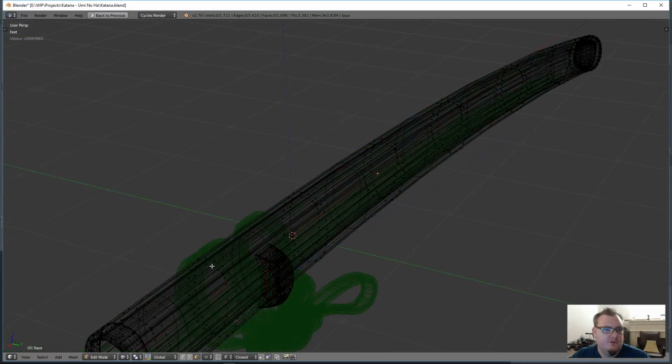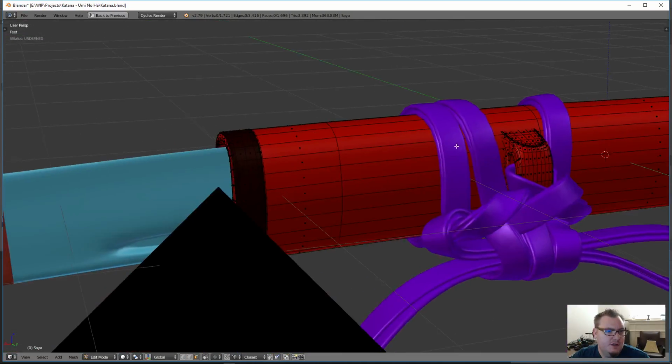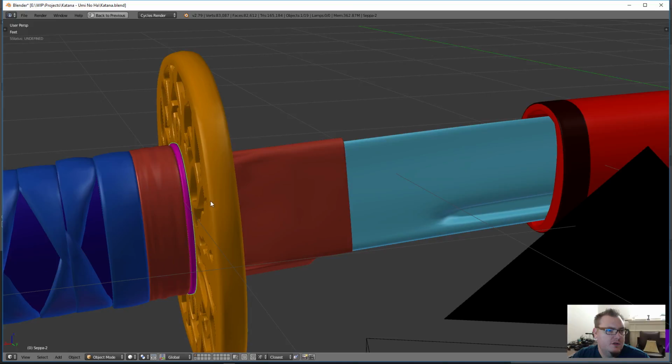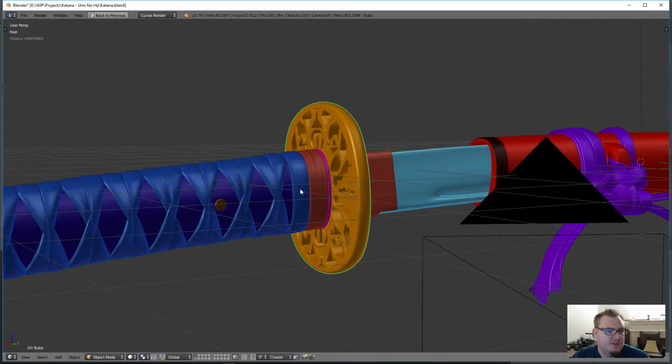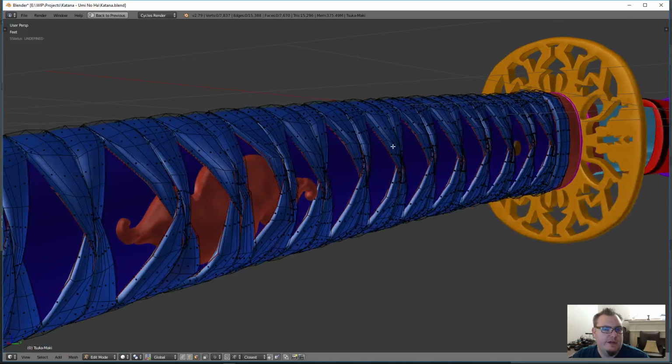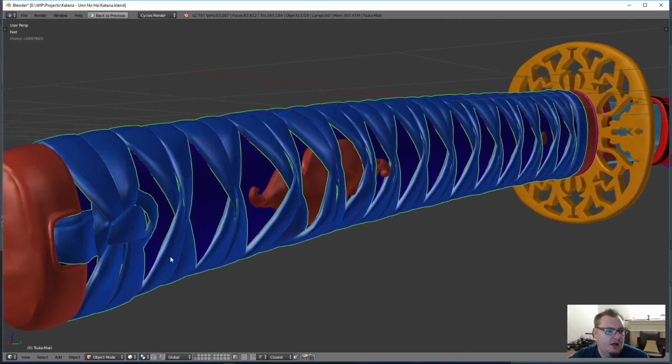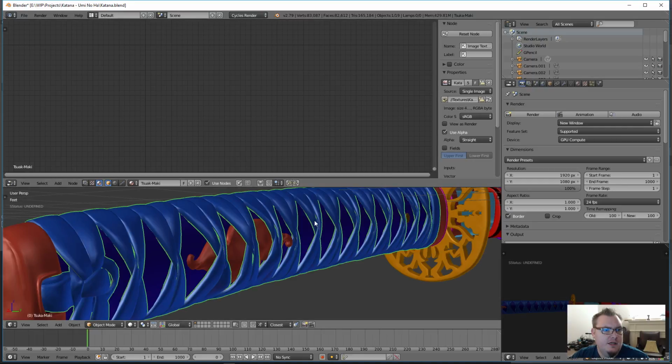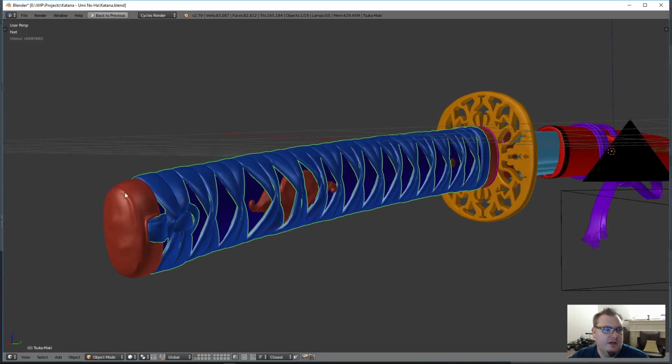If we go into the sword here, you can see all the polygons. If we want to work on something specific, we can grab one of these and then jump into here and see what this looks like. Now you're not going to have a wireframe overlay in 2.79. In 2.8, this would be super easy. You would just turn on the wireframe thing here. There is a wireframe